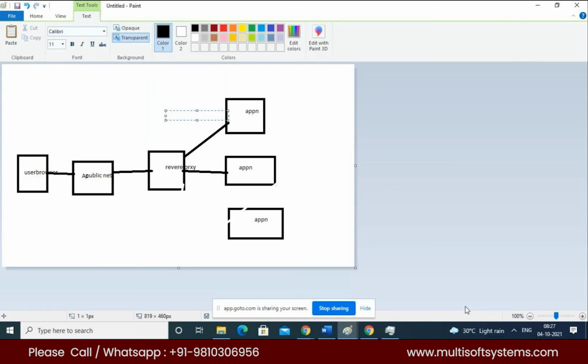A reverse proxy also acts from the application end. So you can't straight away access that application. In between, a proxy will be there, and you need to access that proxy. It will route the traffic to that particular application server. So that is what I mentioned. In public, they don't know where the server or the application got hosted. They only know the proxy address of that application. That's it.